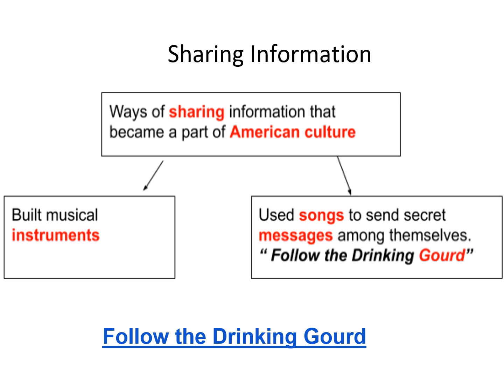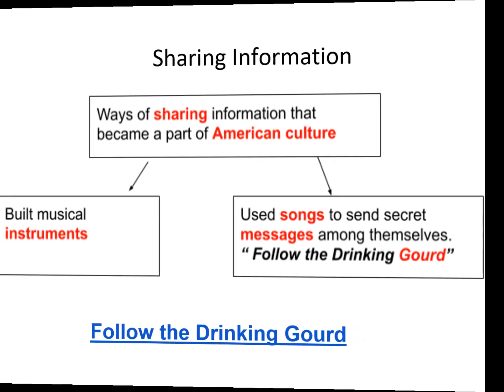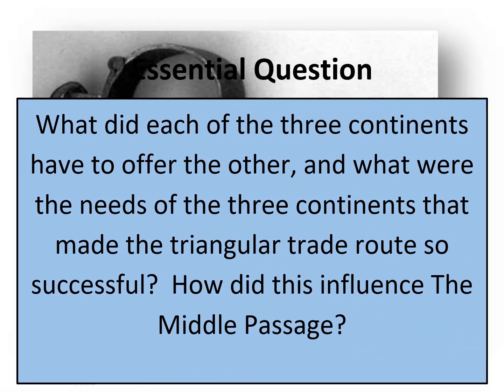So let's talk about those three colonies, the three regions and slavery. What did each of the three continents have to offer the other, and what were the needs of the three continents that made the triangular trade route so successful? How did this influence the Middle Passage? Well, if you think about it,